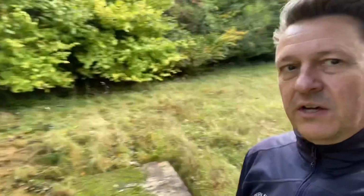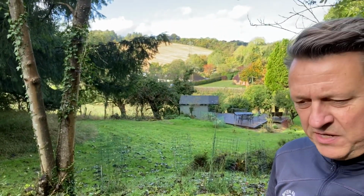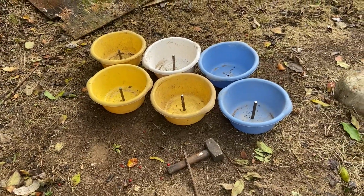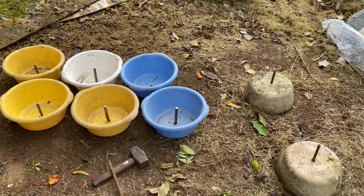It's got quite a nice outlook, so I'm hoping that when it's finished I'll have room there to put some chairs in and just chill out with a beer while I'm doing a little bit of gardening and a little bit of potting up. That's the plan. First step I'm going to do is make some concrete pods in which to put the base